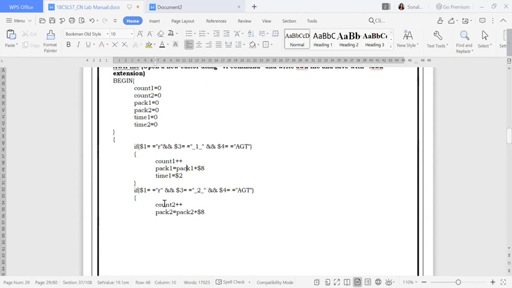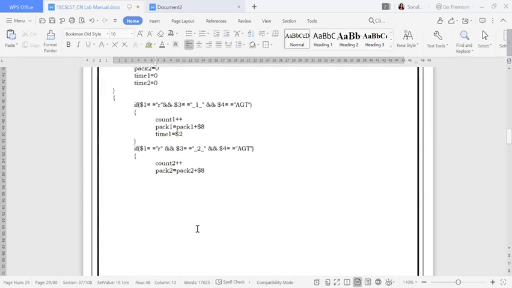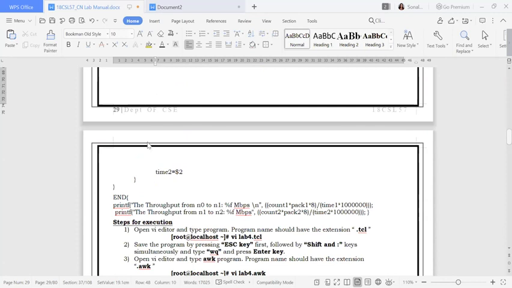The same thing is repeated for the next condition. If the first field, the event type, is receive mode, and $3, the from node, is the second node, and any data has come to the node with agent trace on, then you increase this value, add the flag ID, and set your time to whatever time has come.